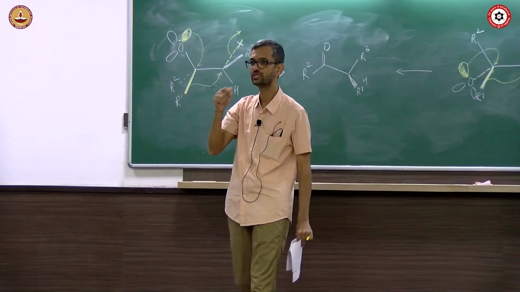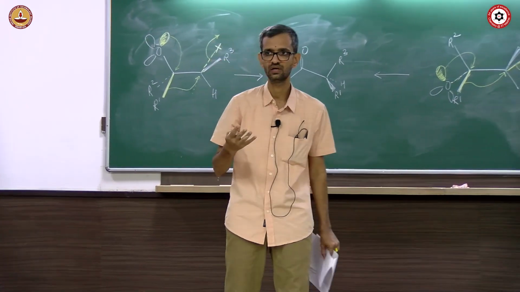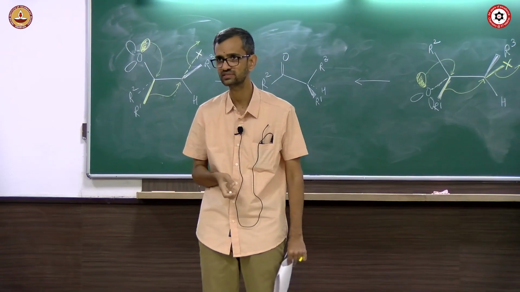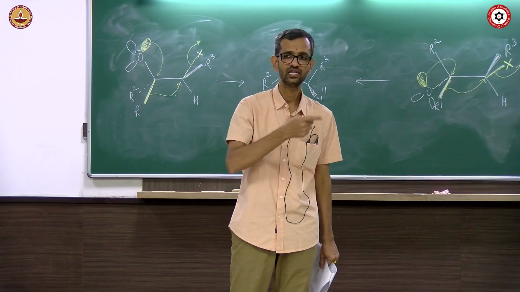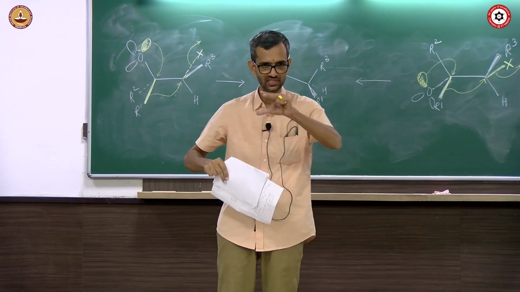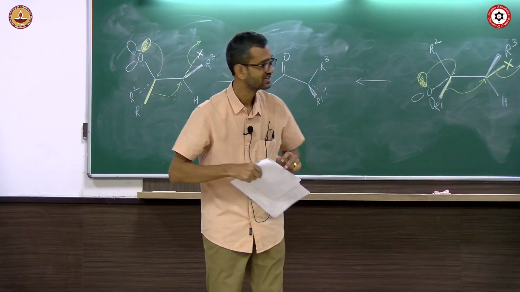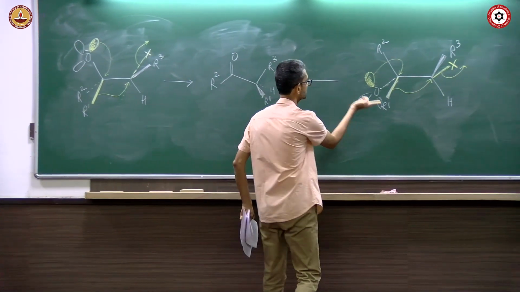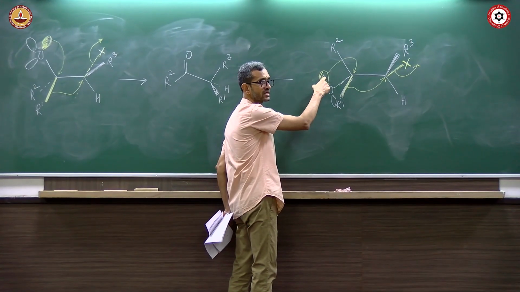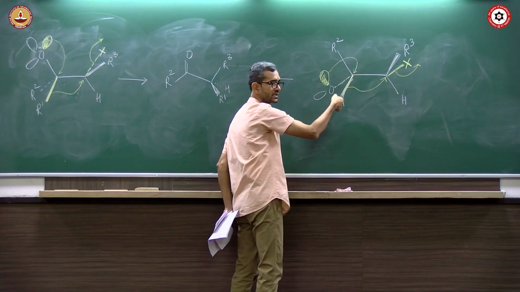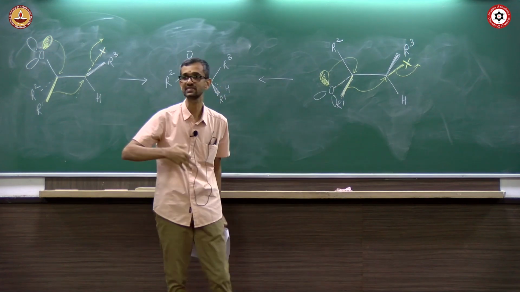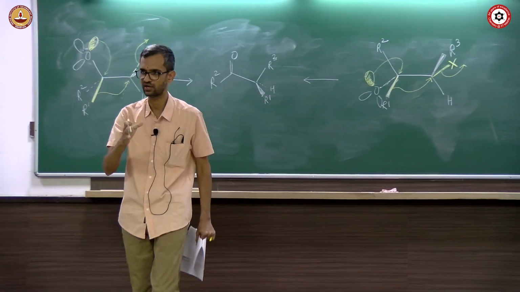So you need the assistance of the oxygen electron pairs. Only when it comes, because it's not like it keeps rotating, right? So when it is happening, and when a particular electron pair comes anti-periplanar to this R, that assists at that moment for the R to migrate